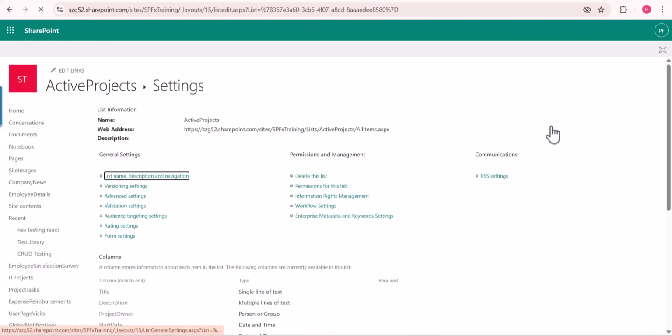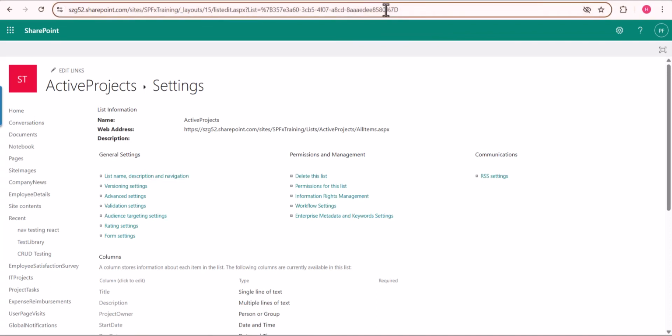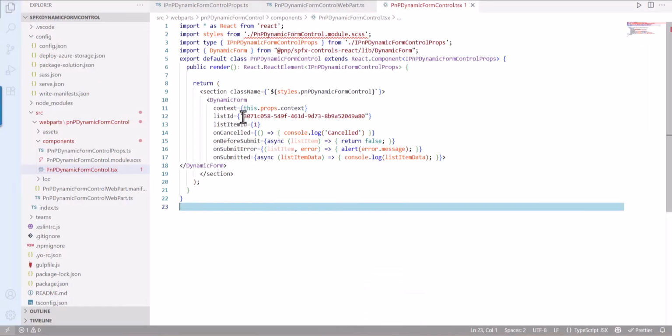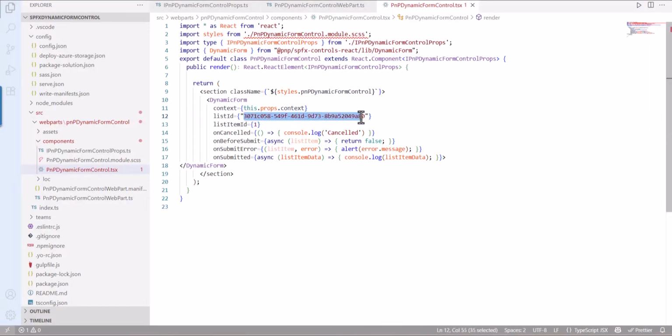So I click on this list settings. In this URL you can see list equal to %7B, it is there, right? So exclude this %7B at the starting and also %7D at the ending. The remaining thing you just copy. Now this list id I am pasting here,